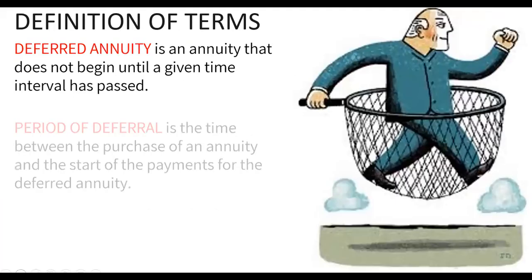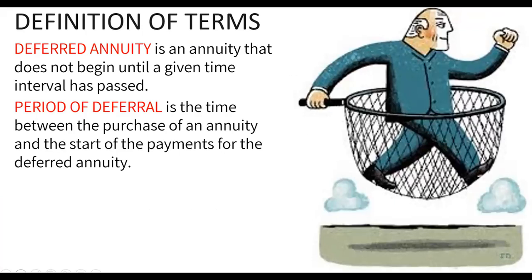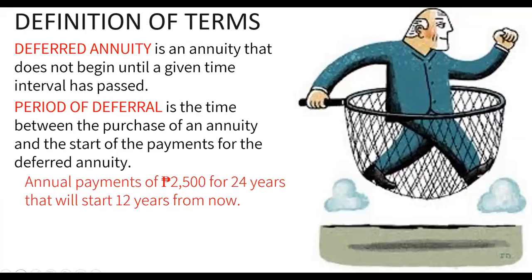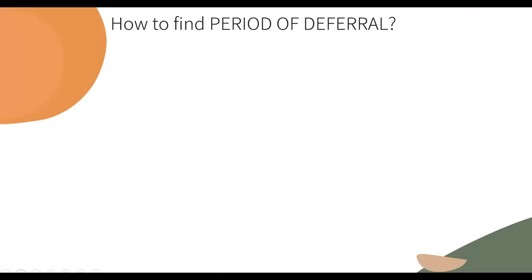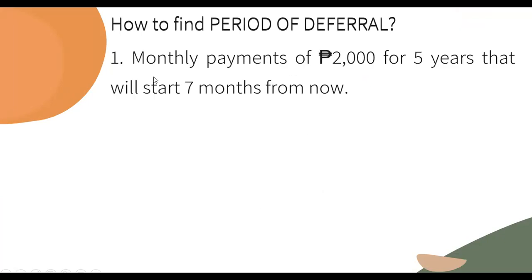Okay, ito yung mga kailangan ninyong mga terms na tandaan. But the question is, how do you find the period of deferral? Sa simple annuity, madali lang kasi same naman yon. Paano kung hindi? Bigyan natin ng mga different cases. Monthly payments of 2,000 pesos for 5 years that will start 7 months from now. Ibig sabihin, ano yung magiging period of deferral ninyo? Kung 5 years yan,